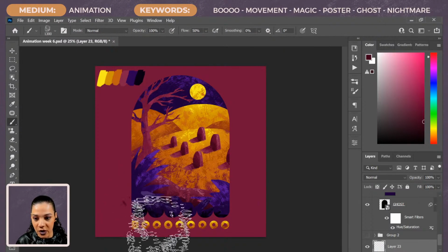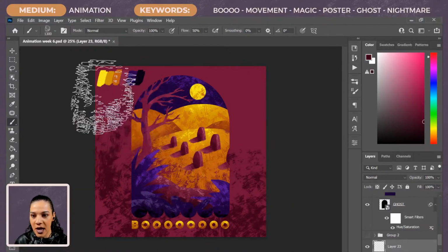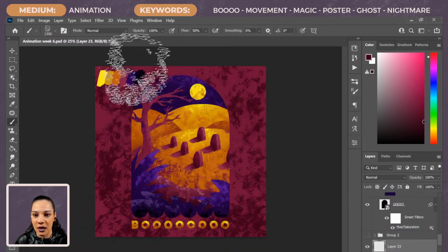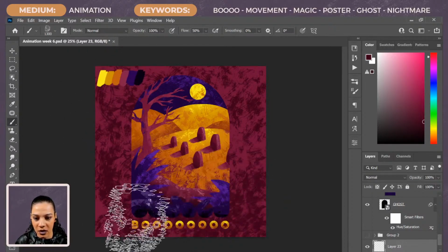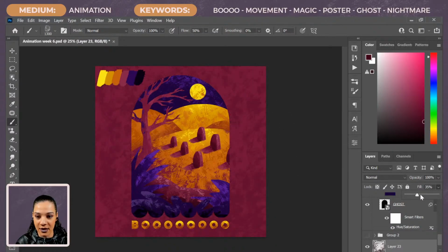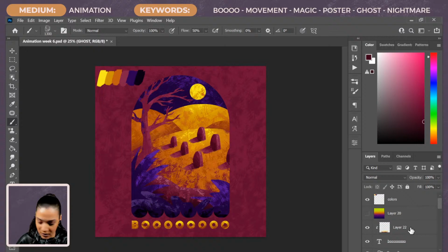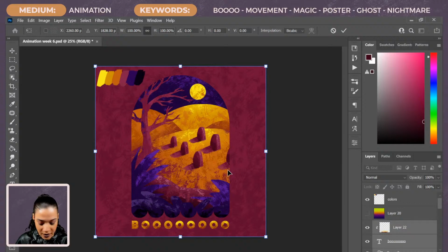And let's make our vinyl scraper brush really big on another layer, and I'm scribbling all over the canvas, just to give it this nice texture. And then I'm gonna put it on a lower opacity. I kind of like this. And then let's transform all of it and bump it up, or maybe bump it in.